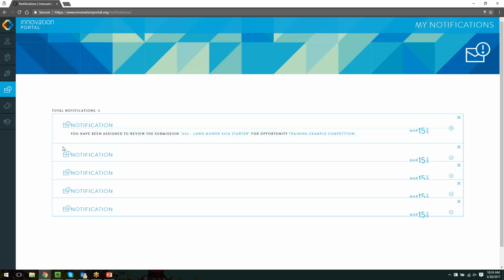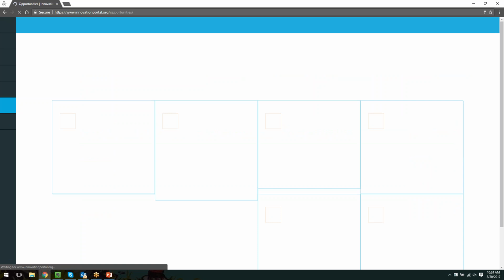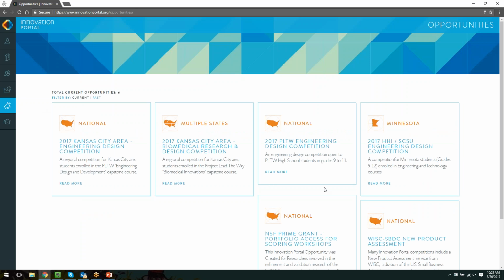But let's go into the left-hand menu bar again and go down to opportunities. Opportunities are where all the competitions live. We call it opportunities because there's other things going on in here too, not only competitions. We use these opportunities to load student work for evaluation for patent research. We have some of